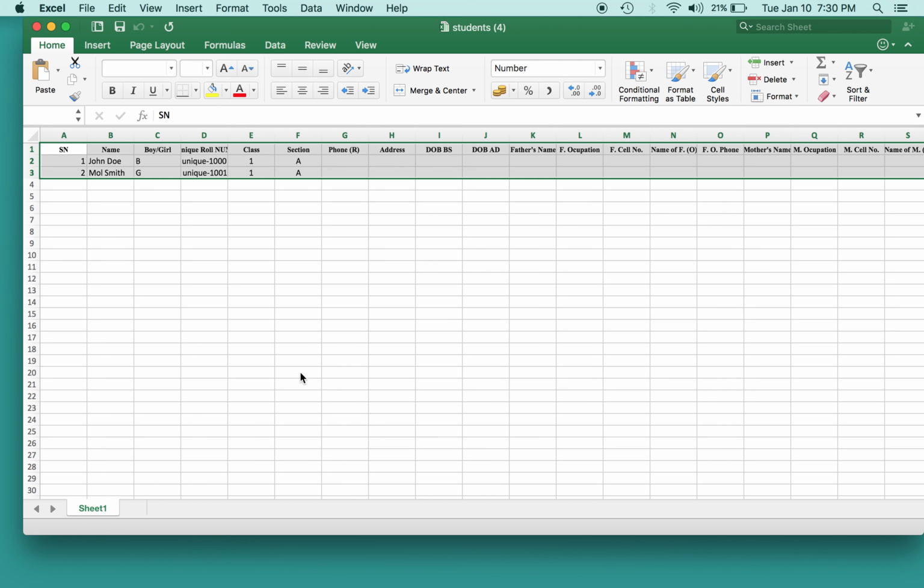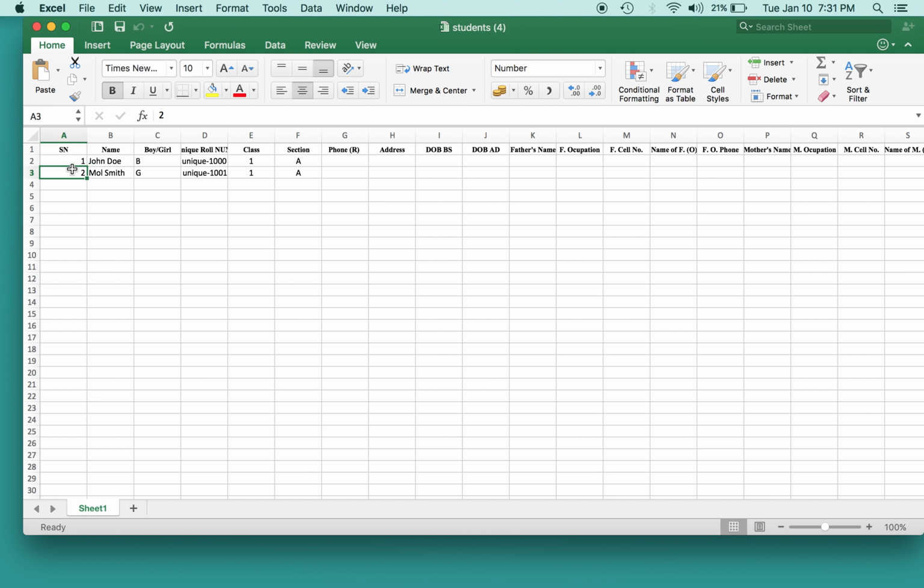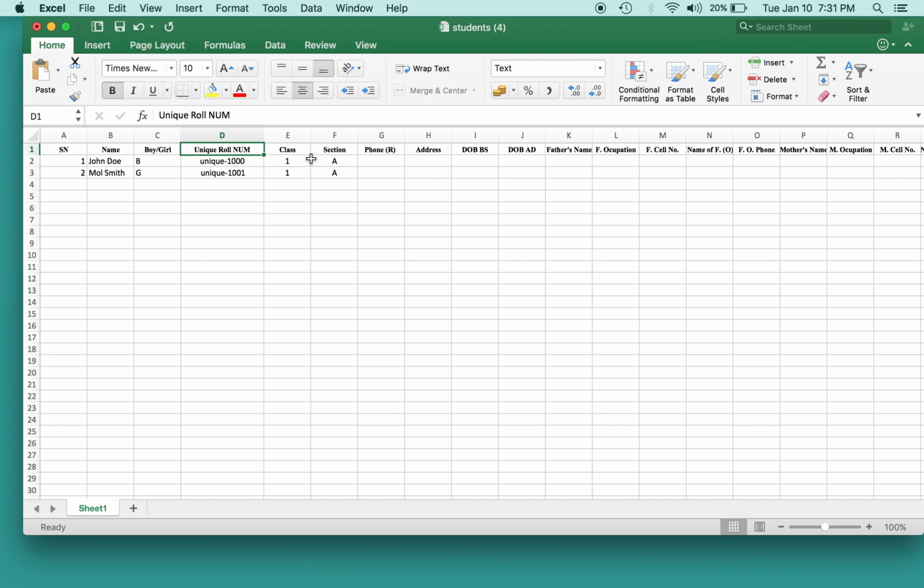Now open the Excel file. Here you can see there are different columns for symbol number, name, gender, the unique roll number, class, section, date of birth, father's name, and all that information. So what you can do is fill up this information. Just make sure that these first five columns are filled, and if you don't have their phone number or their address or father's occupation, it doesn't matter. You can enter the information that you have and leave the other information blank, but just make sure these five data are present. That symbol number,